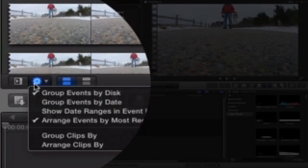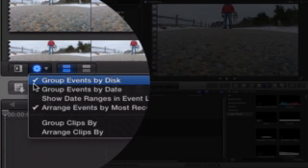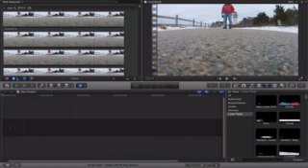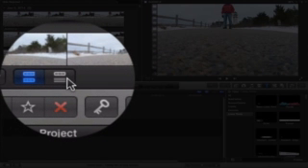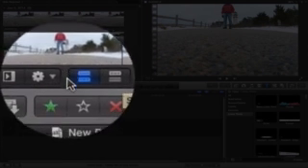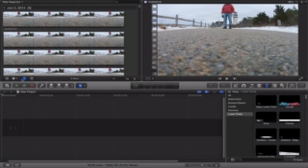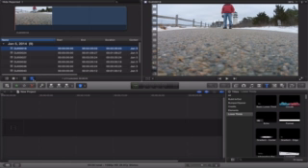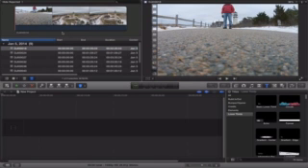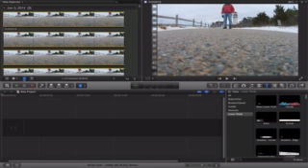The little gear icon here is your different options to group events. We're not going to really be going over that today. Then you'll see these two buttons here. These are just different ways to view your footage. The way I recommend is the one that you see currently, the one on the left. If you go to the one on the right, it sort of is like cover flow view on the Mac or in iTunes, and you can click through these different clips. It just isn't, for me, as pleasurable a way to view your footage,